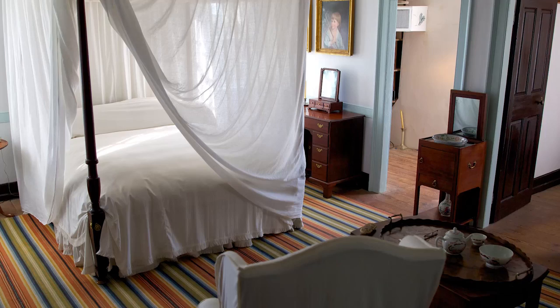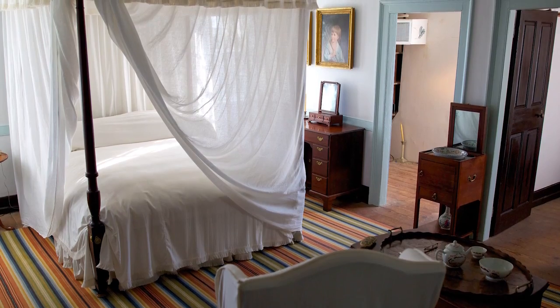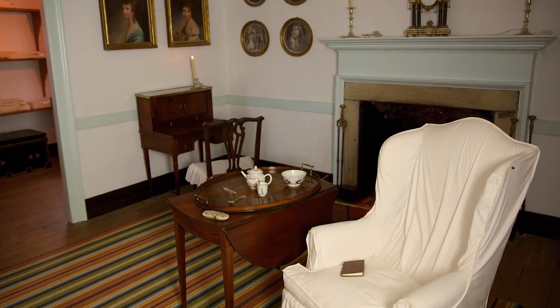This part of the house was added on beginning in 1774, and its primary purpose was to provide privacy for George and Martha Washington. It has a stairway that goes all the way from the first floor to the third floor, so they wouldn't have to go out into the rest of the house, which might have been filled with guests. This is the room in which George Washington died of a severe throat infection on December 14, 1799, and